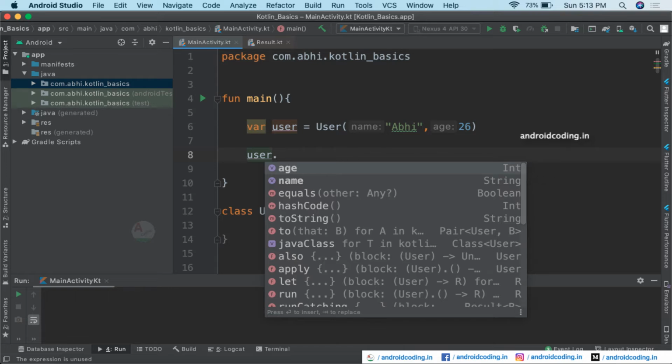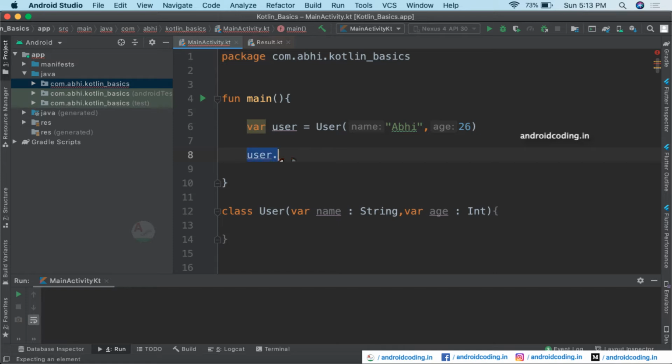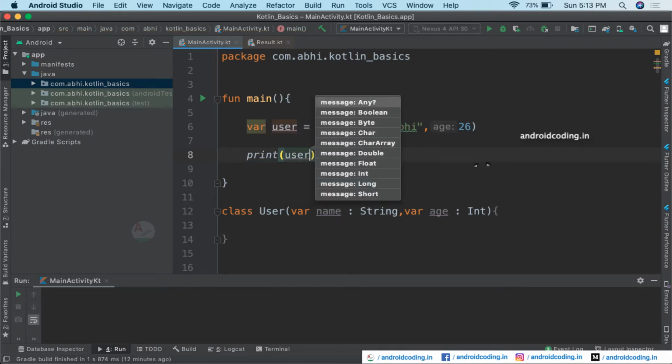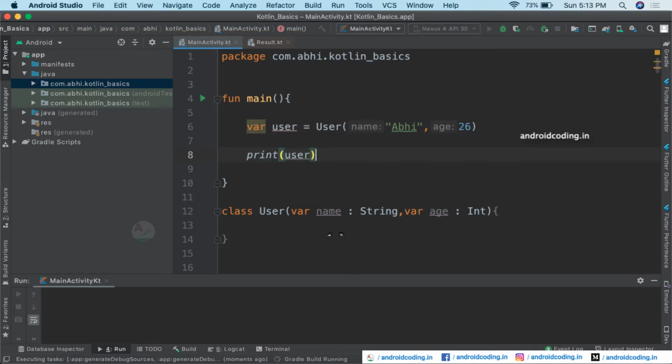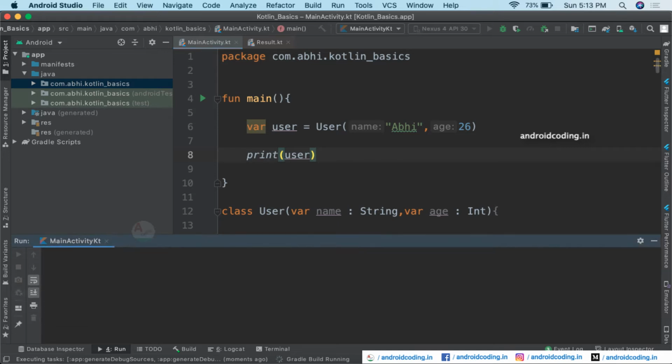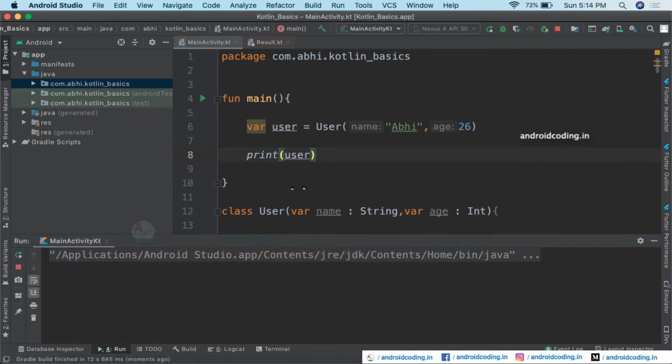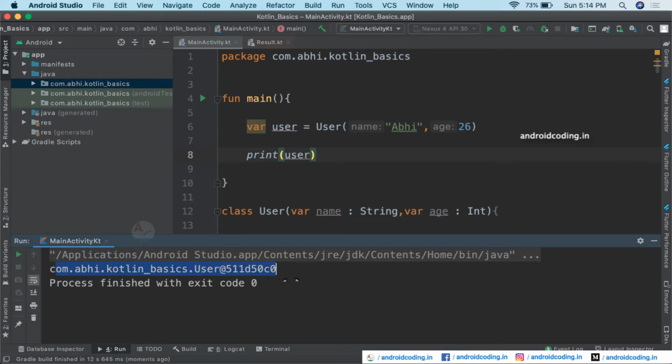So here you are getting user.age, user.name. So in this way we can make use of the data throughout our application. So for example, let us try to print user now and check the result. What we are getting exactly, we have passed the name and age, and when we try to print the user object here, what is the data we are getting? So here you can see we have got a reference to this particular object instead of the data stored in that object.